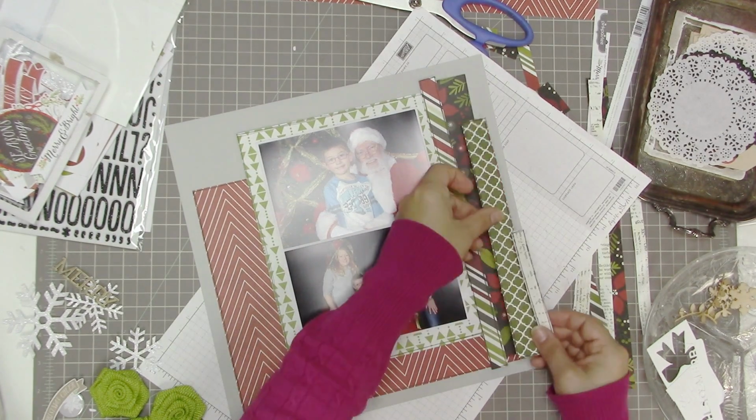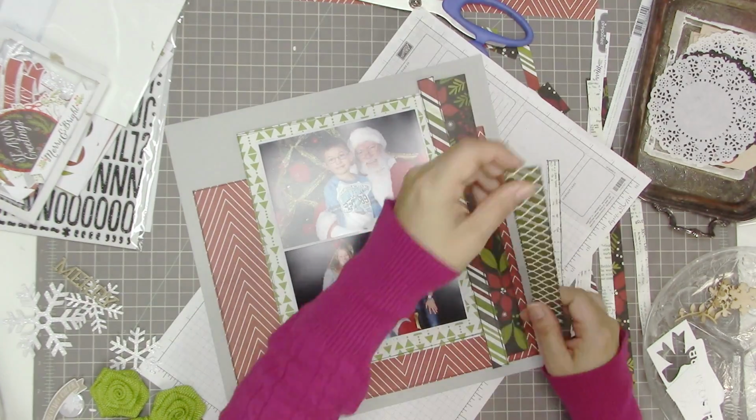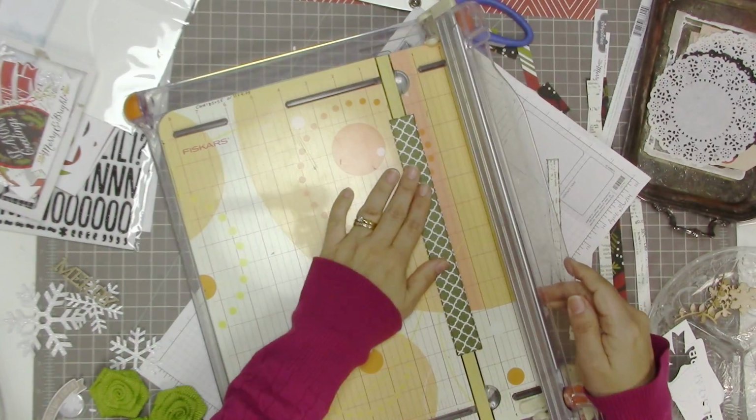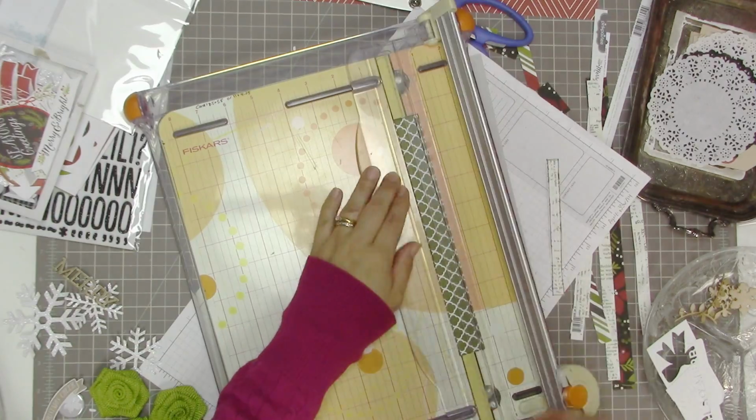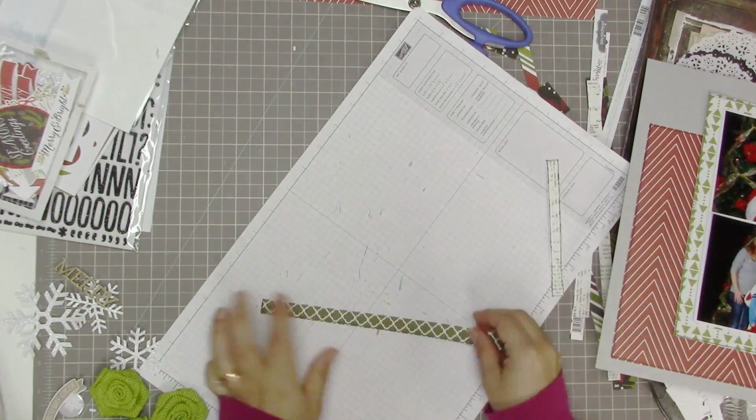And I'm just lining them up so that both the top and the bottom edges of each of these strips is staggered, and I'm gonna make this one a little bit thinner because it was